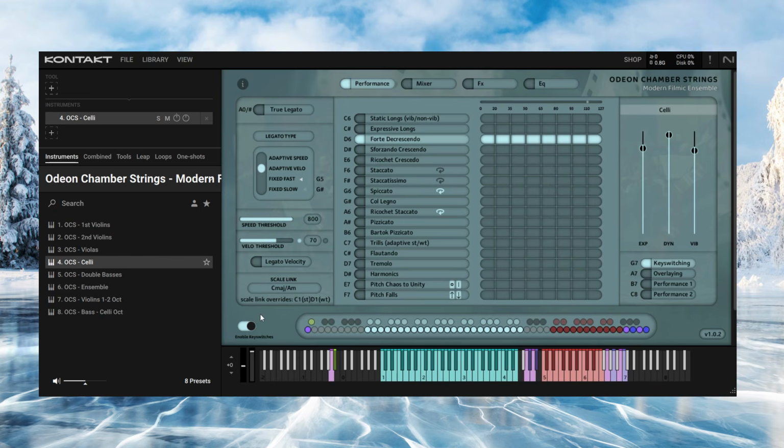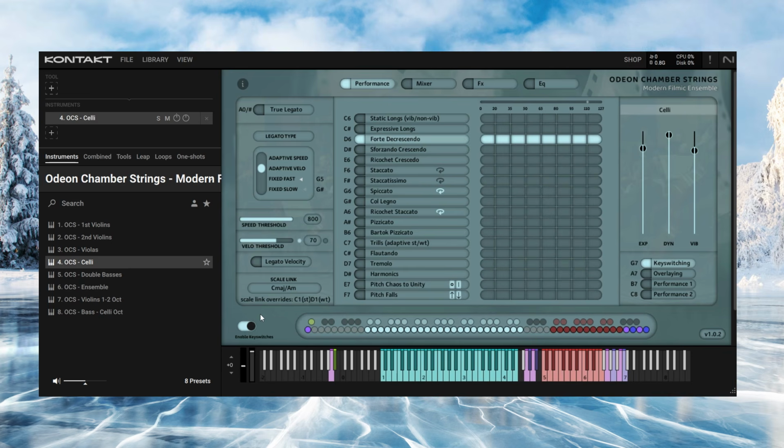And yeah, there's a lot of depth to this library. But again, for me, it sounds incredible. And at the end of the day, I want a library that I can use in my compositions. And this is brilliant. So hopefully to prove that, I have made a short underscore composition, and I gave myself